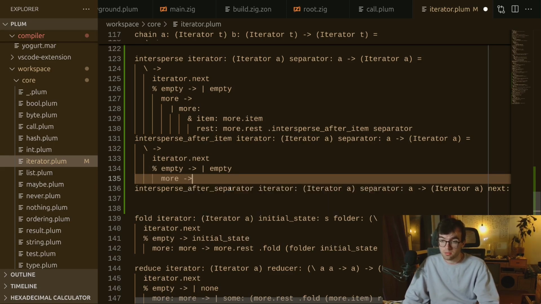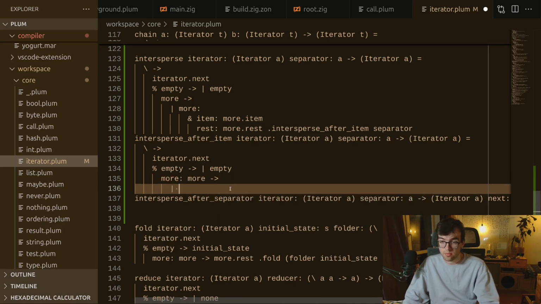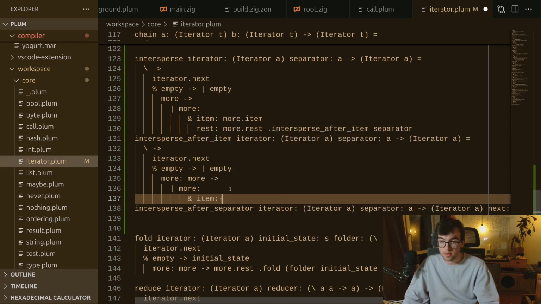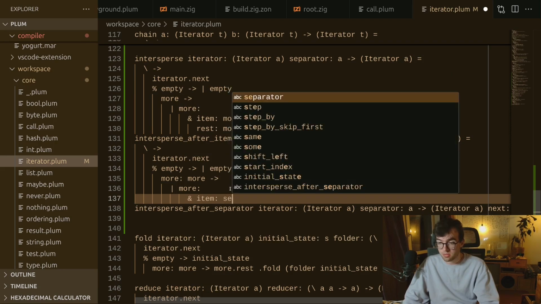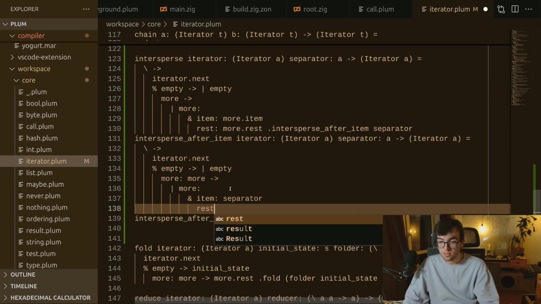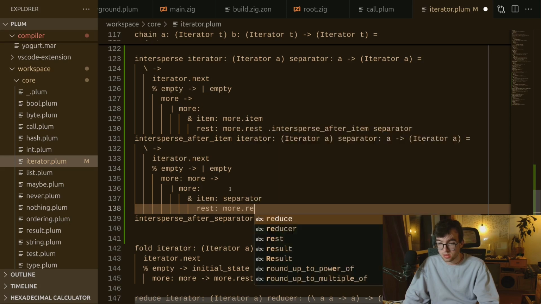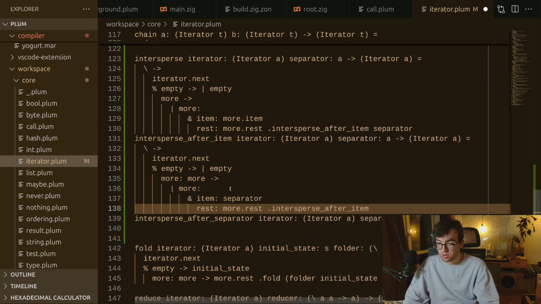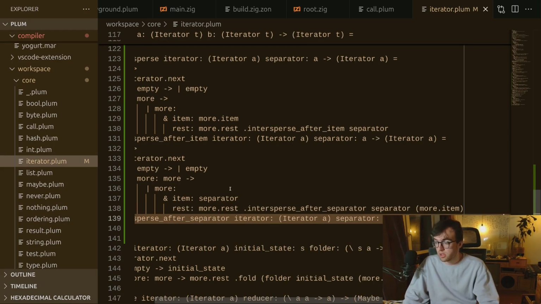If that is more, then the item will just be the separator, and the rest is going to be more.rest.intersperse_after_separator with the separator and the next item, which will be more.item. Yeah. And after the separator, we will then,